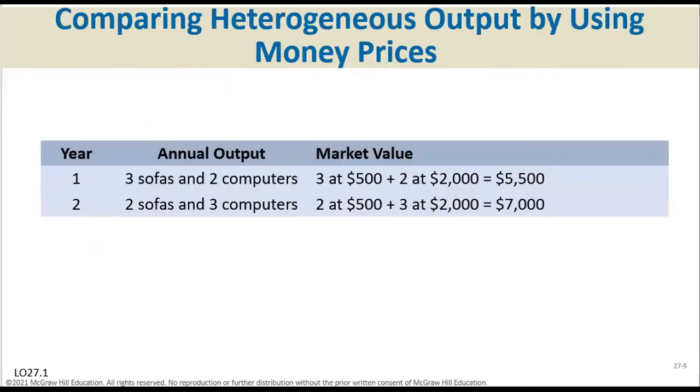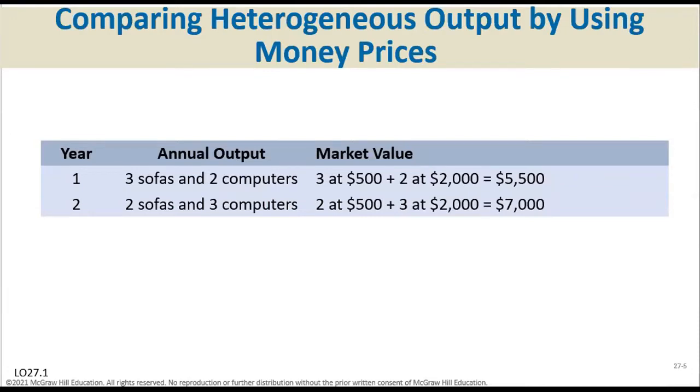So this gives you one good example of why we need to monetize the output produced, so that you can count it in GDP. Why is GDP a monetary value of the output produced? Well, it makes sense.